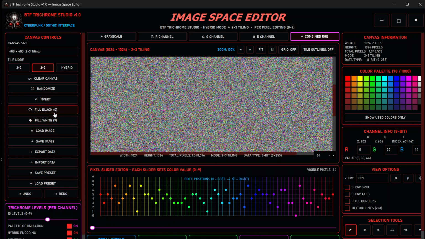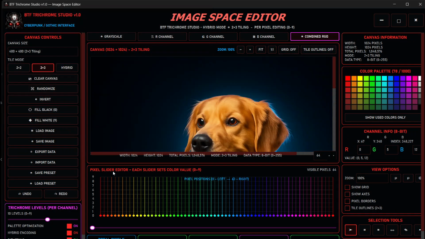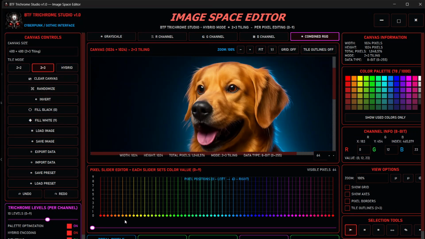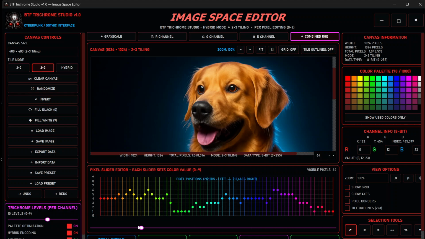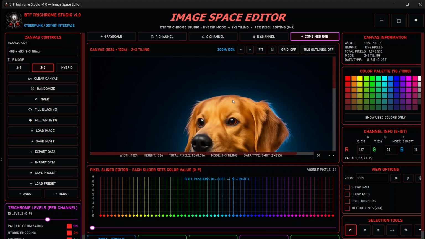But if you have it uniform, like an image of a dog, then it's going to look uniform, not all jittery. So you get uniformity, you get an image. I can load any image here, and it's going to do the sliders, like I said. So a program image of the galaxies,